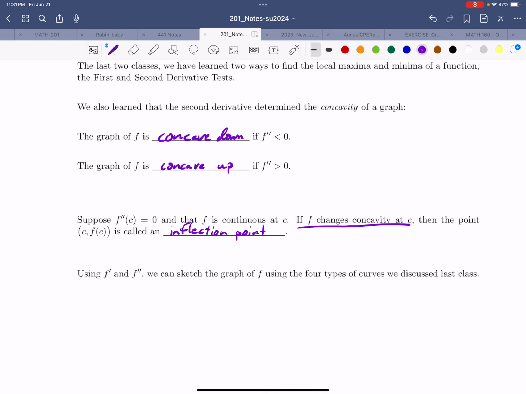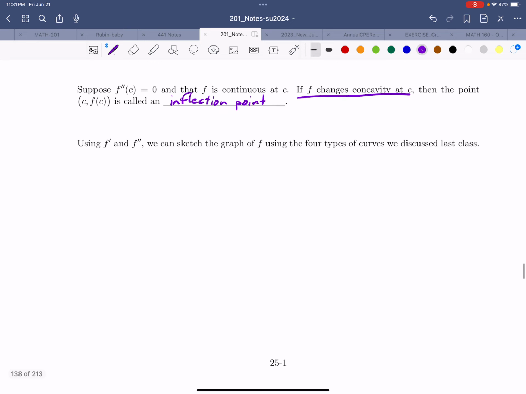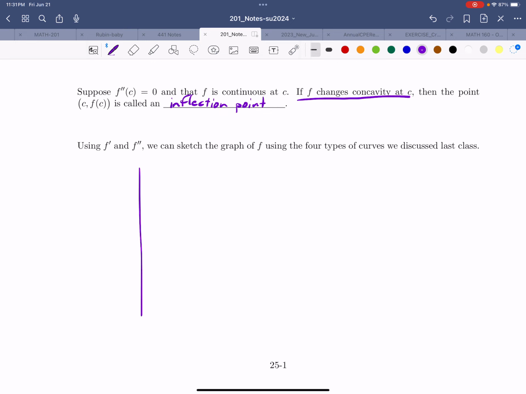Right, so before, remember I was saying, find maybe the critical numbers and whether they're maxes or mins, and maybe the intervals of increase or decrease. Now I could also say, okay, find the intervals of concavity, whether it's concave up or concave down, and whether there's an inflection point. Now remember, one thing before we start these problems,